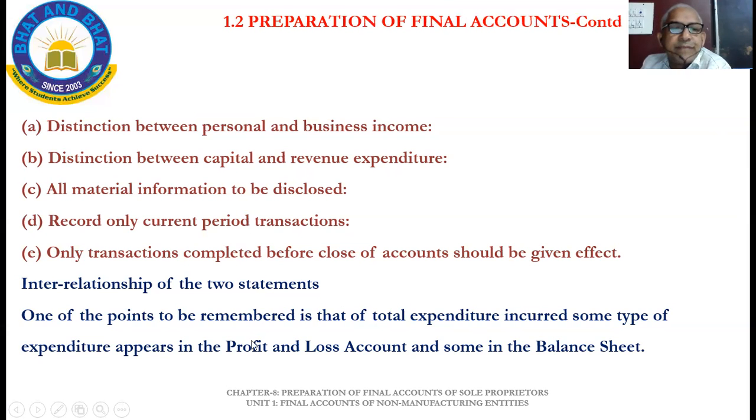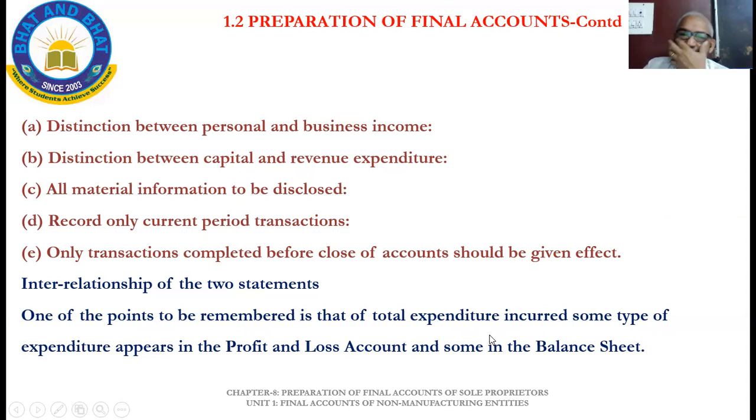Okay, then profit and loss account and balance sheet interrelationship. Interrelationship meaning is that, see, I will take the same example, rent outstanding. March month rent is not yet paid, then it will be shown as an expenditure in the P&L account, and as it is to be paid, not yet paid, it is a liability for that business, hence it will be shown as outstanding liability on the liability side of the balance sheet. That's a good example for that.